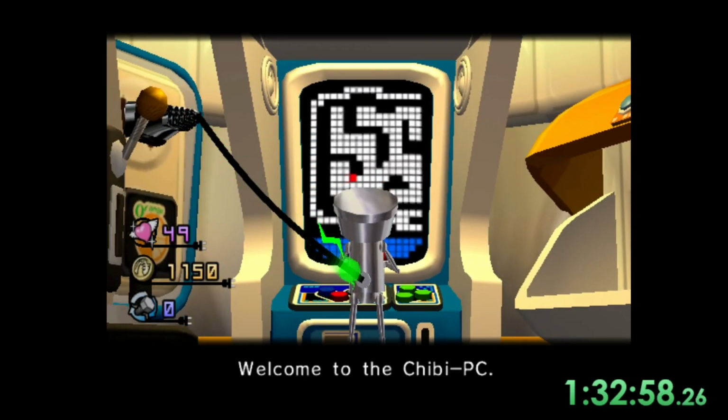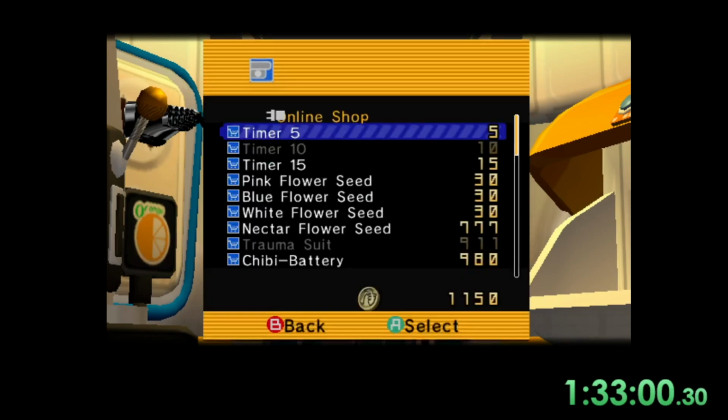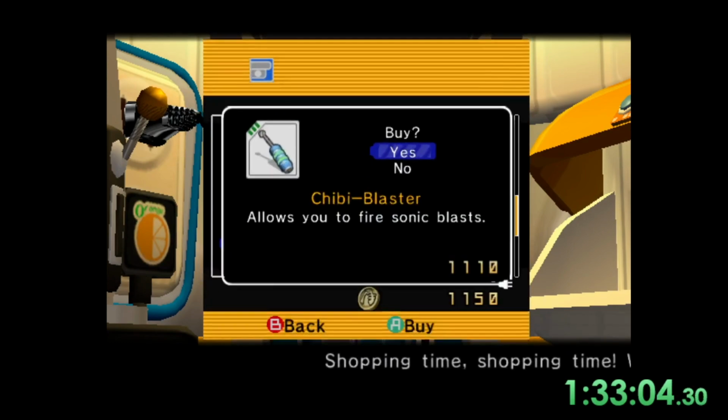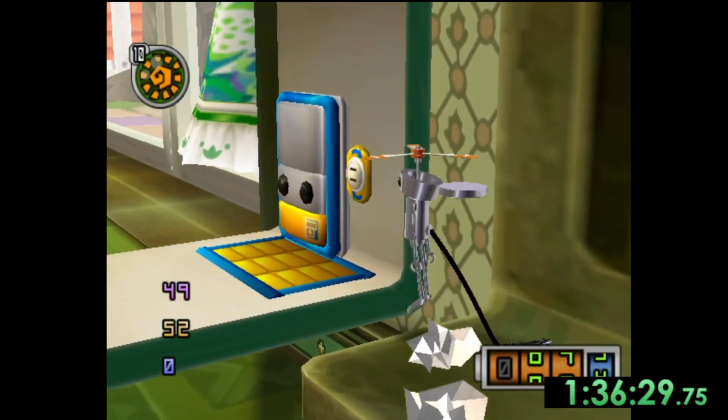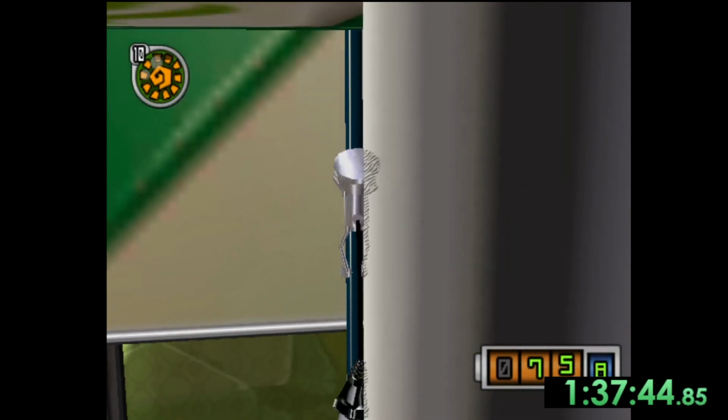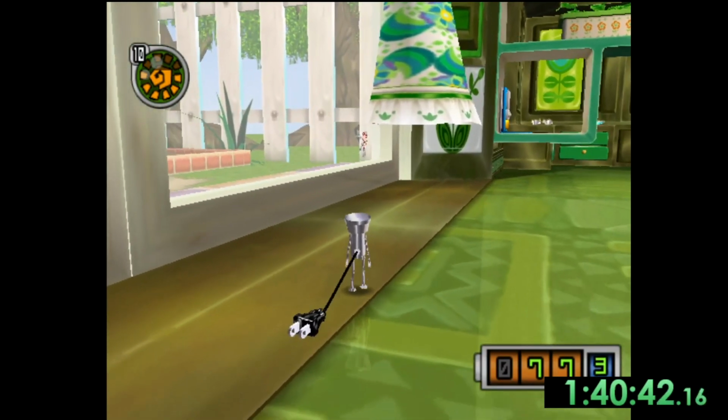Once the next morning arrives, we purchase ourselves a Chibi Blaster with all the moolah that we saved up, and with the Chibi Blaster we can now shoot things with the cost of it wasting some battery. Once heading out for the morning, we go to grab some moolah from the Chibi door next to the fridge. We then climb up the bookshelf to hit another door,